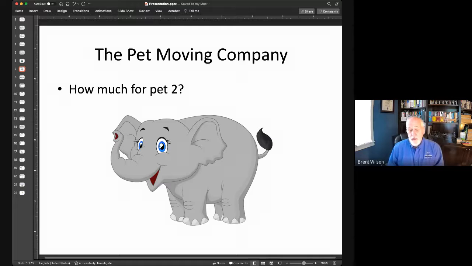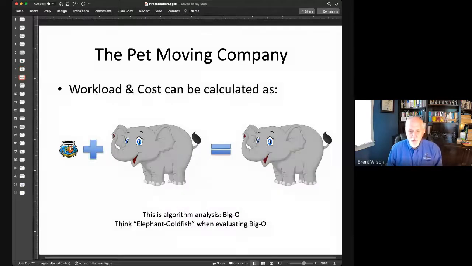In fact, when I really need to think about moving these 2 pets, the goldfish plus the elephant is really just the elephant. Because the goldfish doesn't matter anymore. Put it in a jar, put it in the front seat, you're good to go, right? It's the elephant that's going to be the cost driver in having to move 2 pets. This concept is what we call algorithm analysis, or Big O. Big O notation is really looking at algorithms to decide what's the elephant and what's the goldfish,